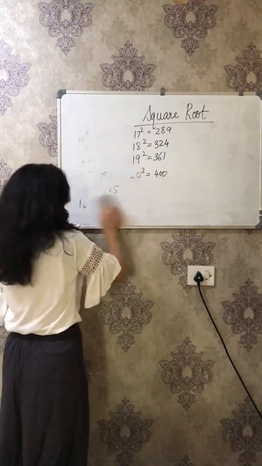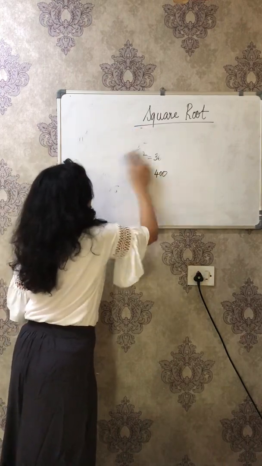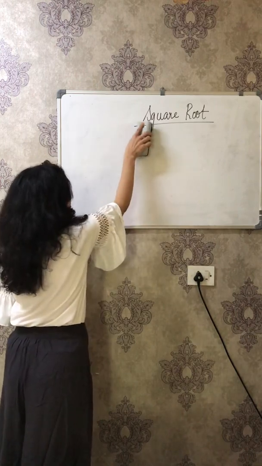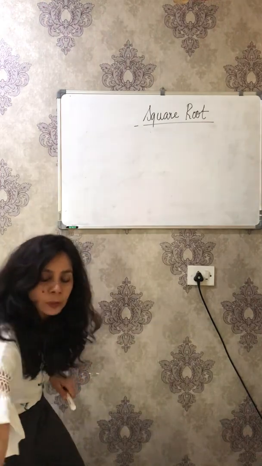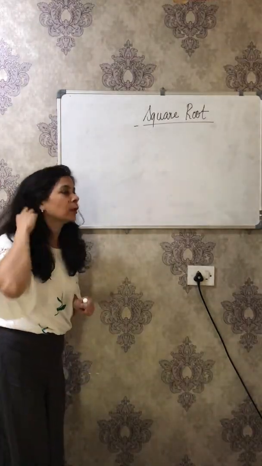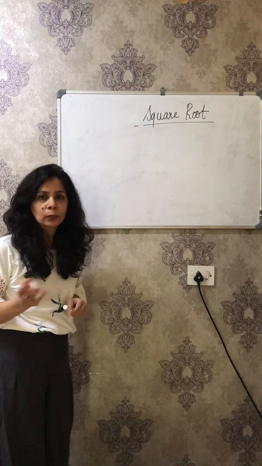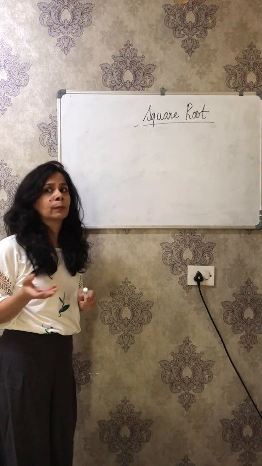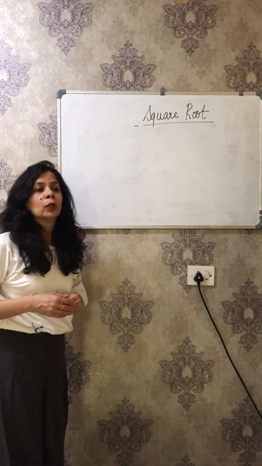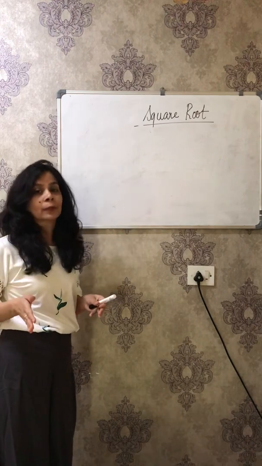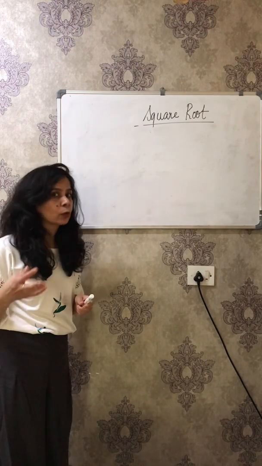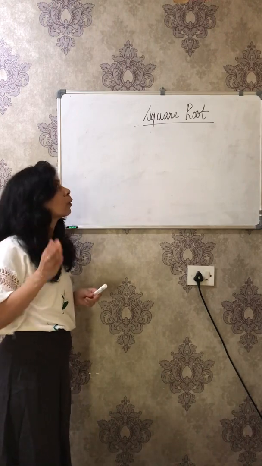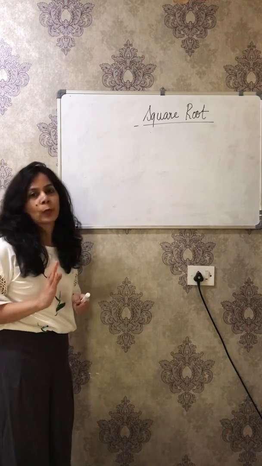There are two methods by which we can find the square root. One is the prime factorization method, which small kids use for small sums. If they get a number whose square root they have to find, they can use the prime factorization method. Otherwise, in 8th grade, or maybe in 7th grade if you are in the ICSE board, you will come across the full square root chapter where you cannot find it with just the prime factorization method. You have to follow the proper long division method to find the square root of any number.